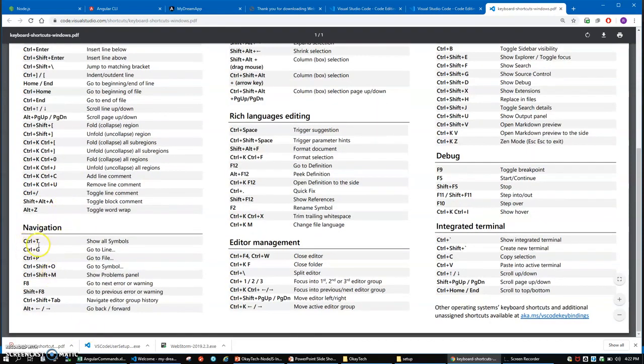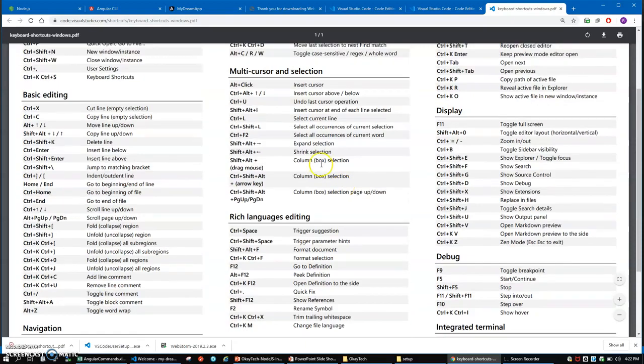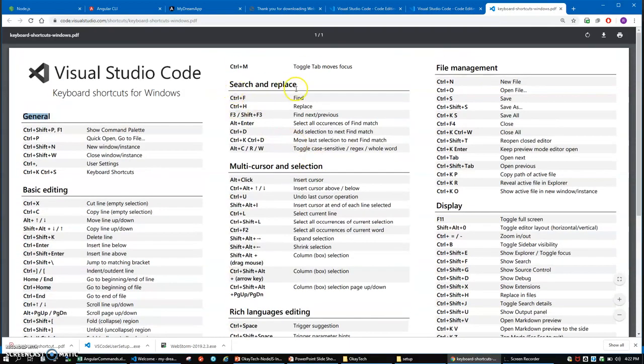For navigation, we have Control T, Control G to go to the line, Control P to go to a particular file, to go to symbols. And for search and replace, we have Control F to find, Control S to replace, F3 or Shift F3 to go next and previous.